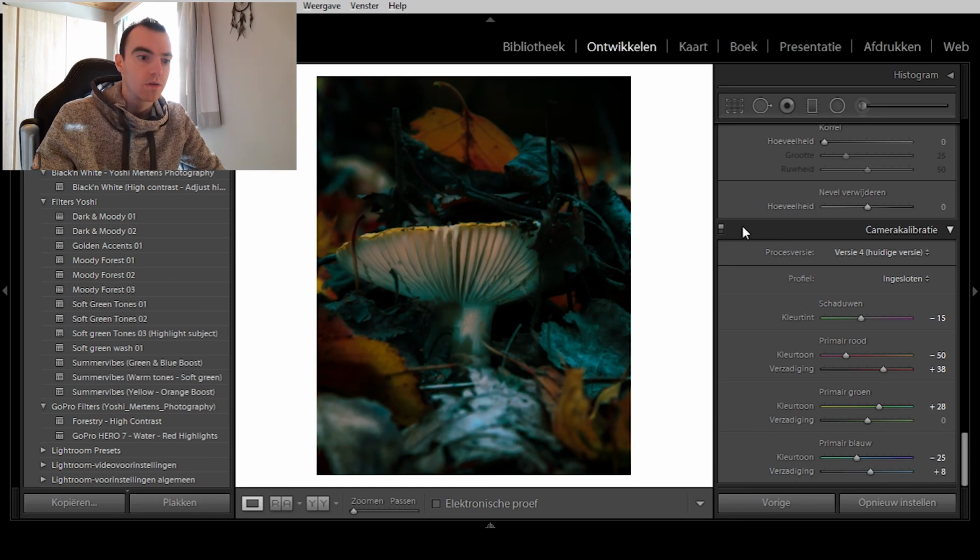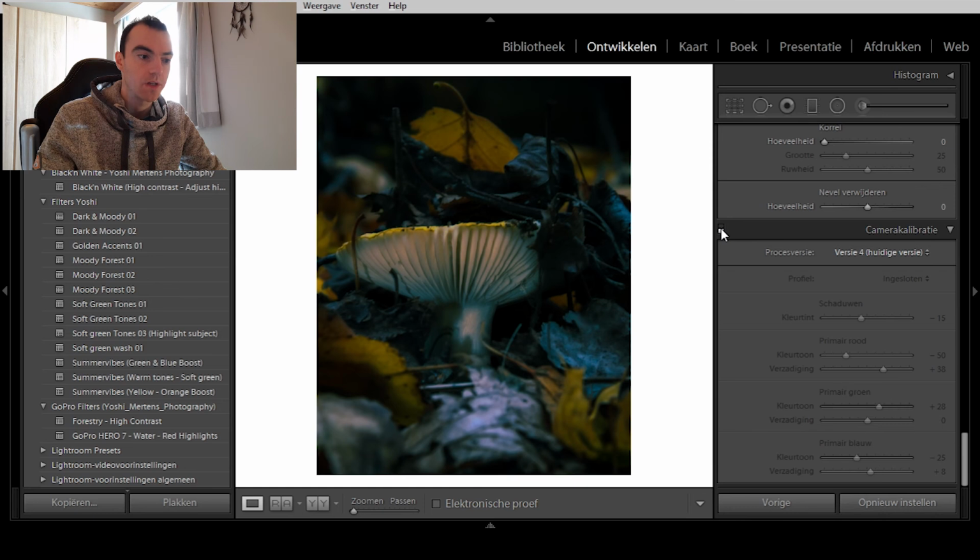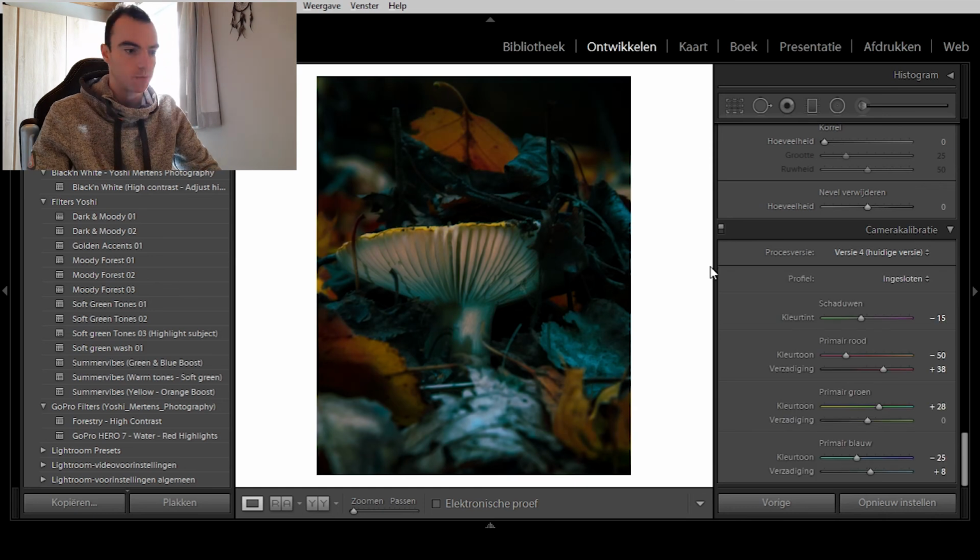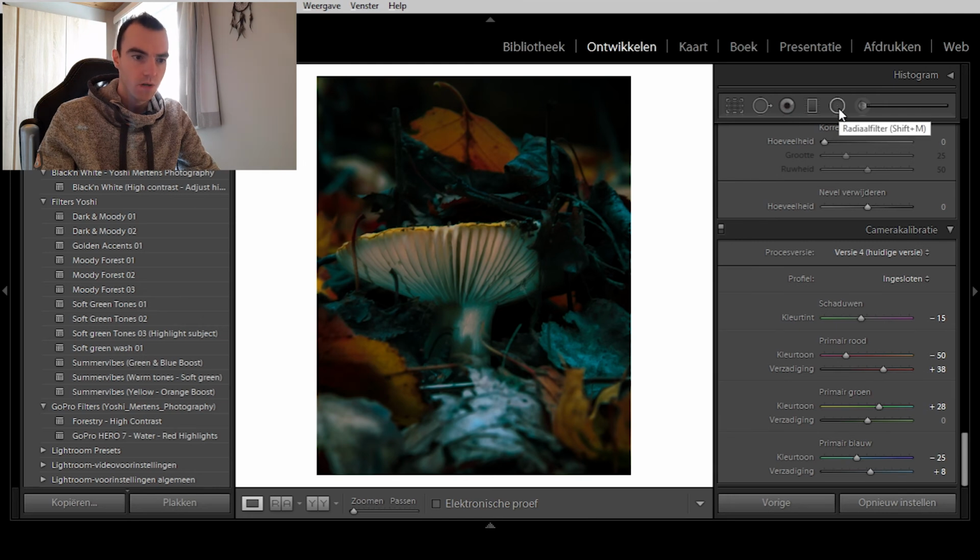So without camera calibration, and this is with camera calibration. So I played a bit around with the color tones of the leaves. Okay, and you could think this is the final image, but we're going to play around a little bit with the brush tool,